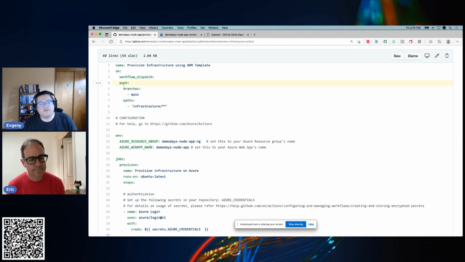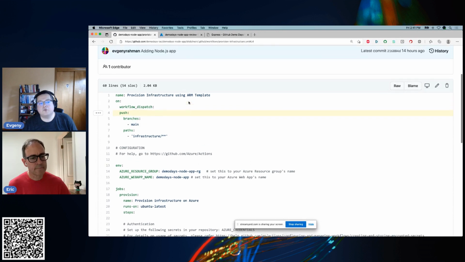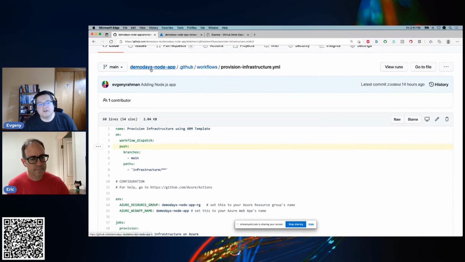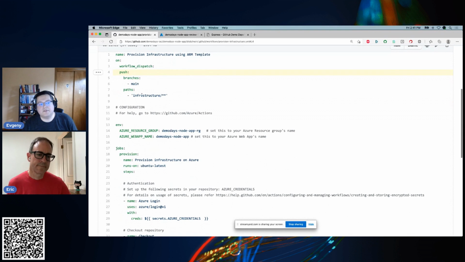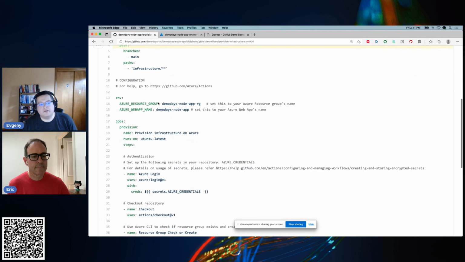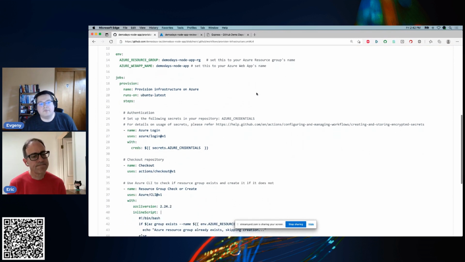And then push, and this is the important one, right? So essentially, anytime new code is pushed to this branch, which is main, which is our default branch, which is our production branch, and on the path infrastructure. And this is what we've been looking at all along, right? There's a directory in here called infrastructure, which has all our templates. And so what this altogether says is anytime changes are pushed to infrastructure files on the default branch, I need to run, right? And what that means is it'll trigger a reprovisioning of infrastructure based on changes made to the files in here. And this is production, right?